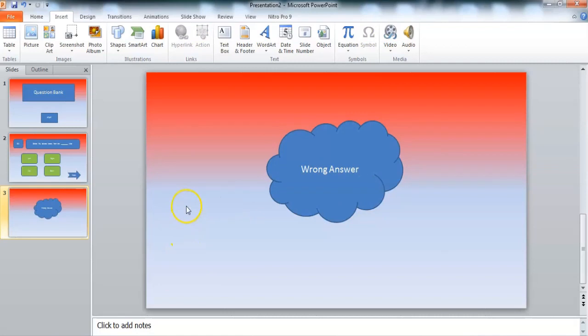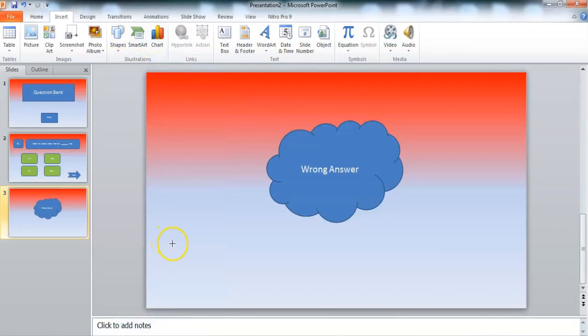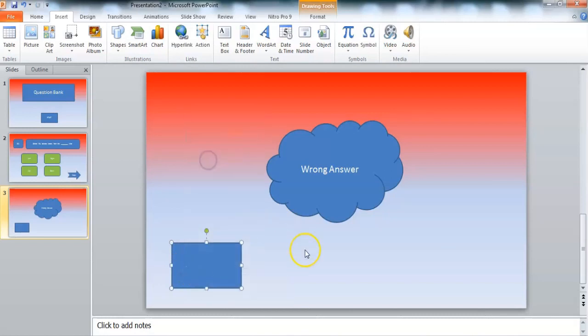If user comes here and he wants to attempt the question again, so I have to give an option for that also. So take another box, write here try again if user wants to try again the question.